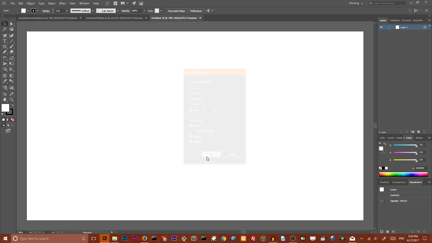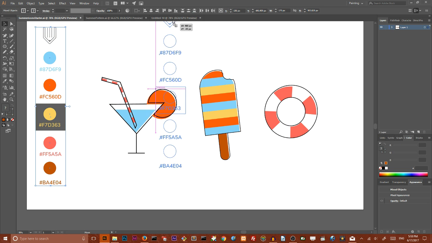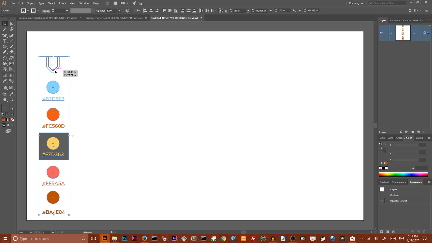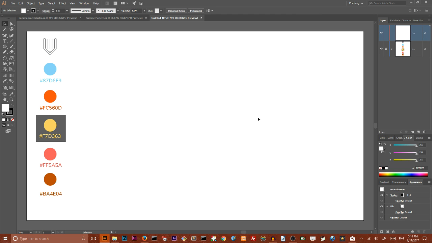And last, my preparation step, I'm going to grab all of my colors and throw them on my new artboard. Here I'm going to lock this layer and create a new one. On my new layer, I'm going to grab the polygon tool. By default it draws a hexagon, but we can use our down arrow key 3 times to create a